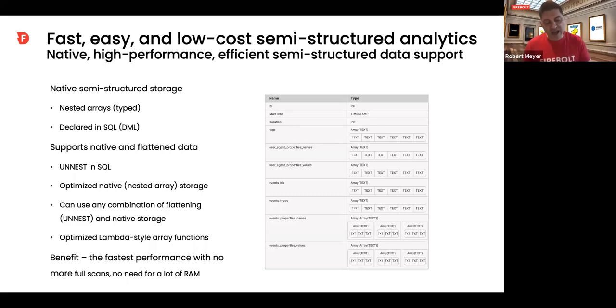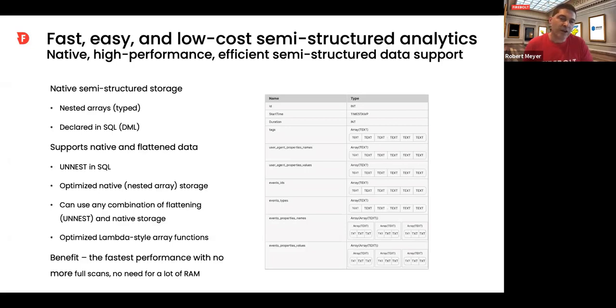And the problem with flattening is the way we like to analyze this data, we like to go down a couple levels to match things. And that ends up being a nested query. And a nested query is the kiss of death for any data warehouse. You don't want to do it. It's better to have the data more highly structured and have a way of walking the structure.